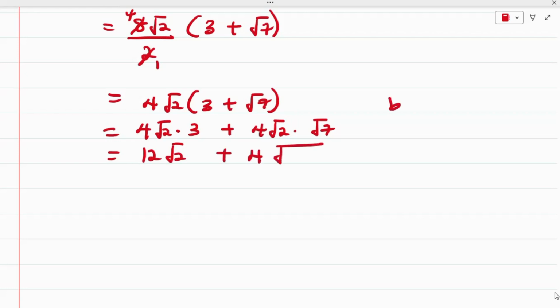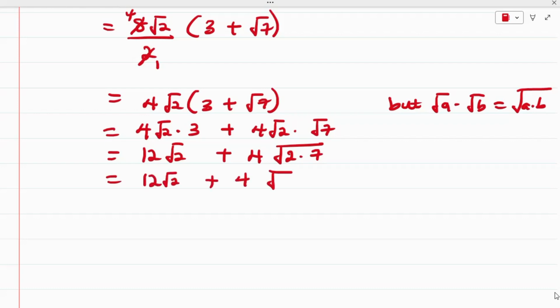So this is equal to 4 multiply 3 is 12 root 2 plus 4 into the square root of, know that if we have the root of a multiply the root of b, this is equal to the square root of a multiply b. So we have this to be 2 multiply what? 7. So this is equal to 12 root 2 plus 4 root of 2 multiply 7 is going to give us 14. Okay, so we want to simply factor out the common term between 12 and 4. We have 4 to be common, and if we factor out 4 from 12, we have 3 root 2 to be left, plus if we factor out 4, we have just root 14 to be left,